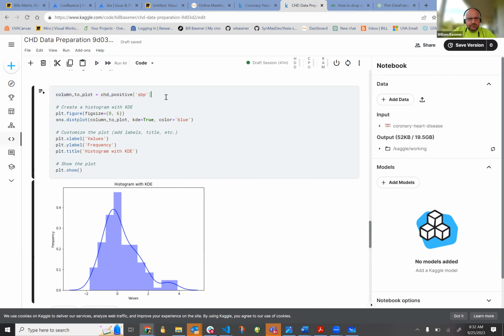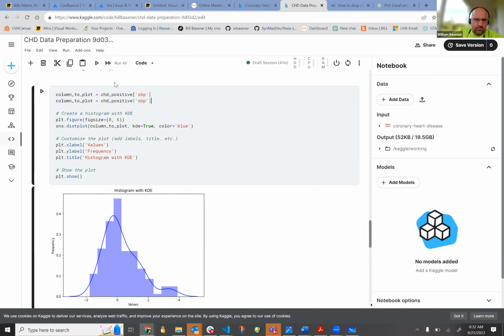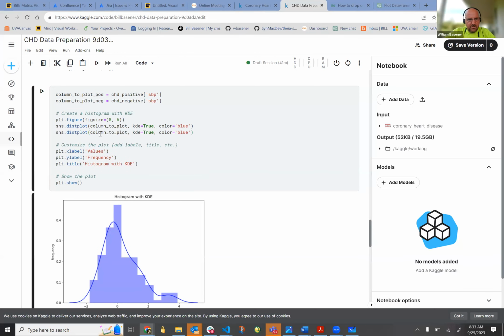Okay, so here's what I want to do. And this is really the main reason I'm doing this. CS negative is going to give us a one-dimensional version of what this problem's asking us about. Column to plot positive. I'm going to extract these two, the positive and the negative ones, and plot both of them on this screen. So blue is going to be positive. Let's make the negative one red, and